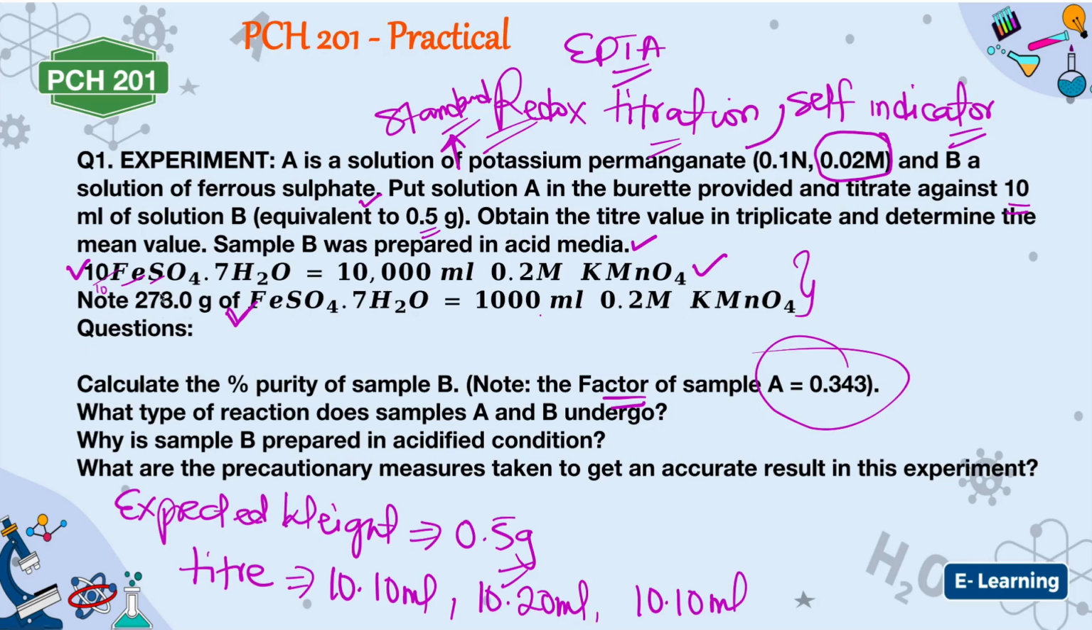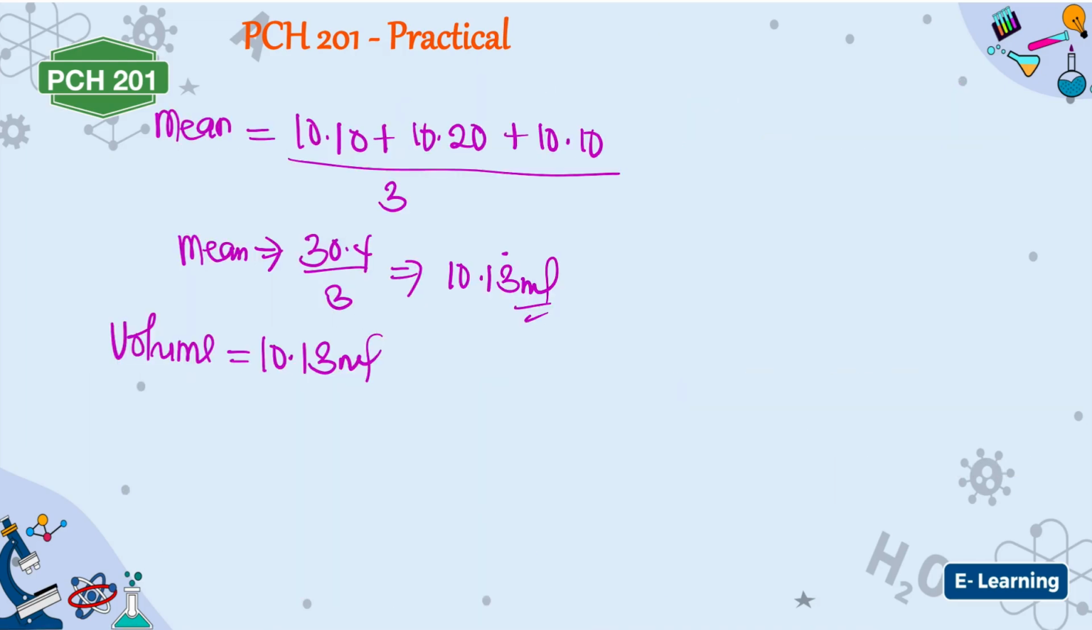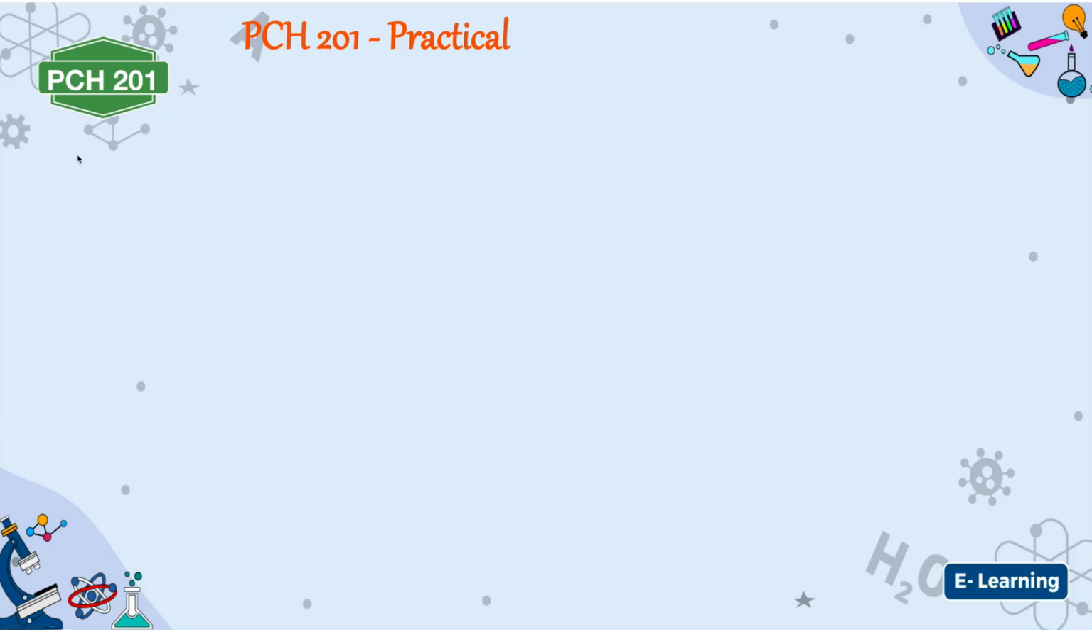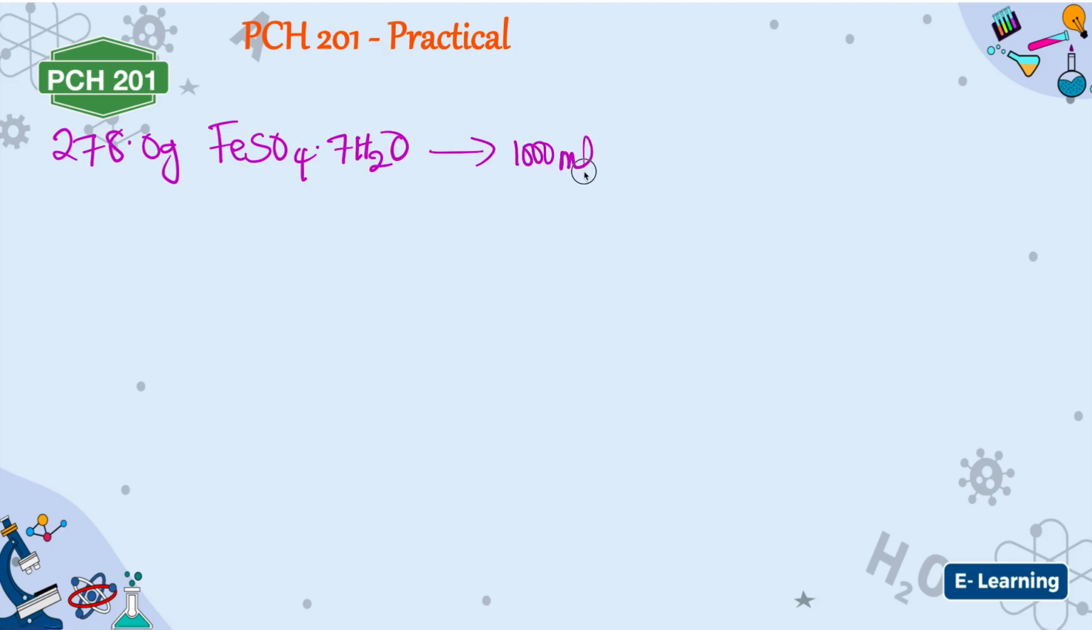But most times, this one they will give you. They will give note: 278.0 gram of iron sulfate heptahydrate is 1,000 mil of 0.2 molar KMnO4. So now this one you will carry and solve for your milli equivalent. How will you use it? Take note. They give you 278.0 gram of ferrous sulfate heptahydrate will give you how many? 1,000 mil, 0.2 molar